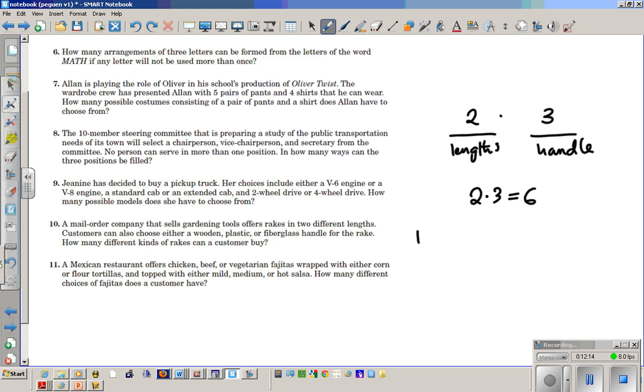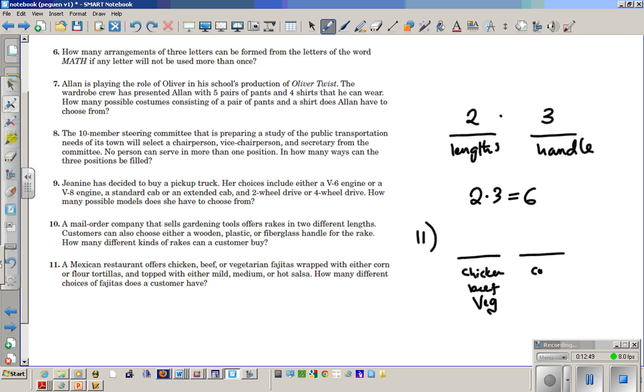Okay. Number 11. Mexican restaurants offer chicken, beef, or vegetarian fajitas wrapped with either corn or flour tortillas and topped with either mild, medium, or hot salsa. How many choices of fajitas does a customer have? So I'm gonna say choice of either chicken, beef, or veggie for the protein part, and then for the carbohydrate or the carbs,